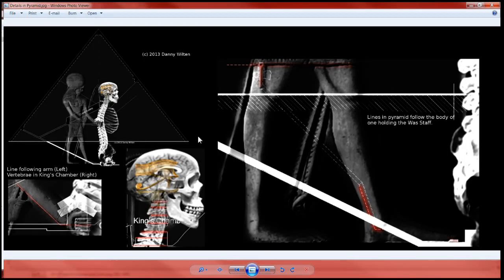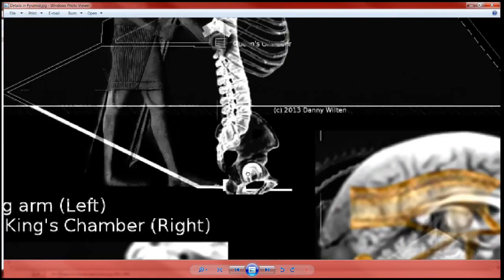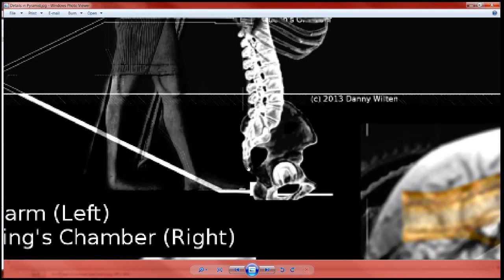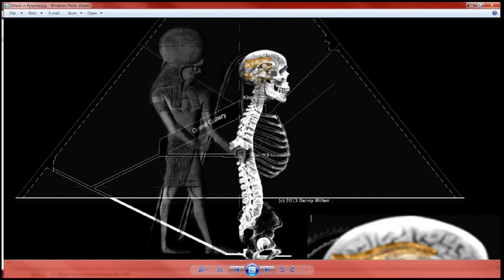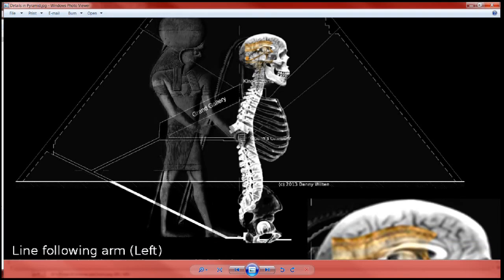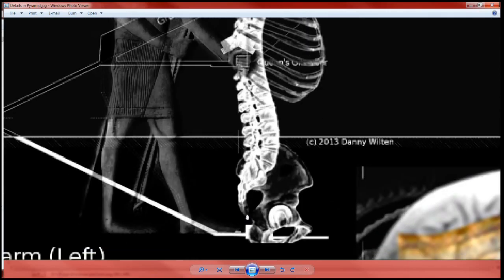Well, we discovered all kinds of cool little things. Number one, we noticed that when we use the was staff, and remember it was key because the was staff is divided into two prongs at the very bottom, in order to properly measure from the sacrum up to the pineal gland, and the reason the eye of Ra is on him as well is so that we can properly measure where the throne is supposed to be and keep measurements with everything. And so we noticed if we spear the very tip of the coccyx with his toe located right on that thing,